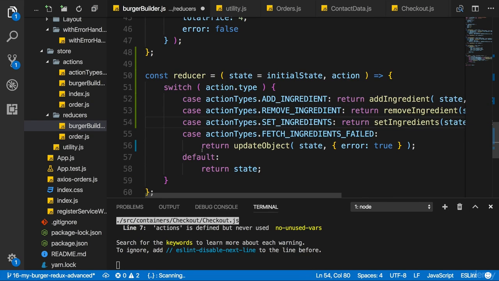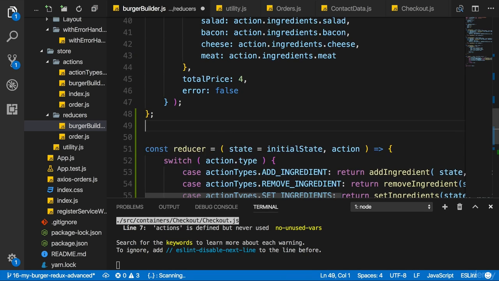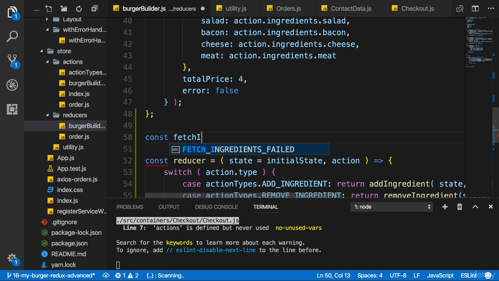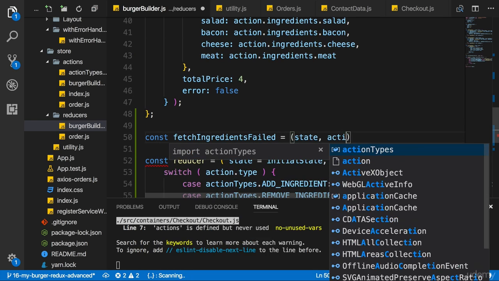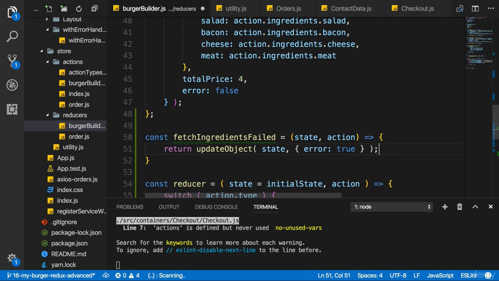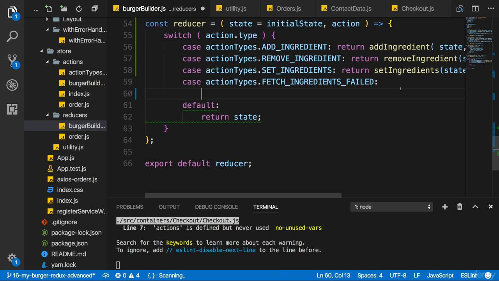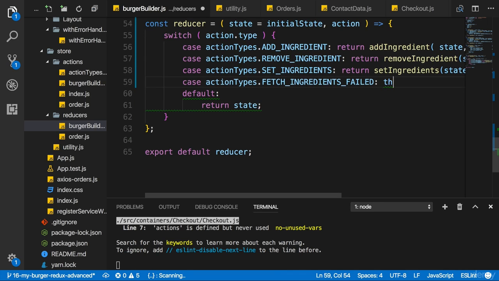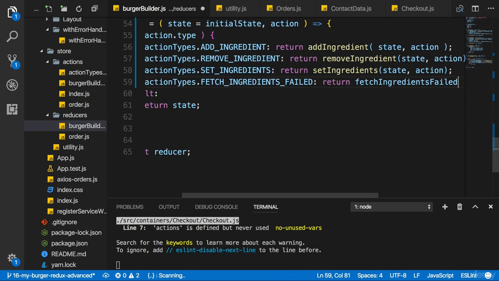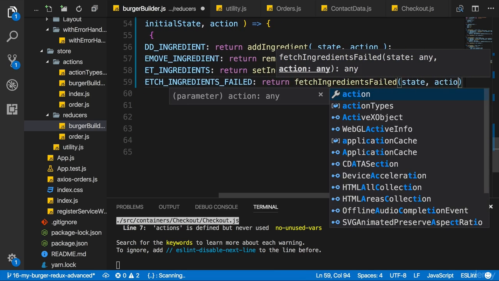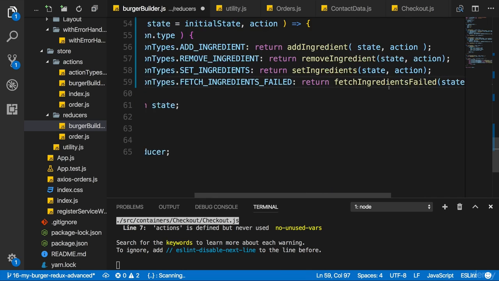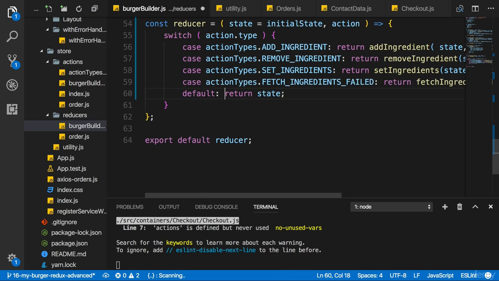And last but not least, we do the same for fetch ingredients failed. Of course, that's a very short one, but still, fetchIngredientsFailed also takes state and action as input and will then just return the updated state. So here we can simply call this, return fetchIngredientsFailed and pass on state and action. That's important. And with that, we return the state for the default.